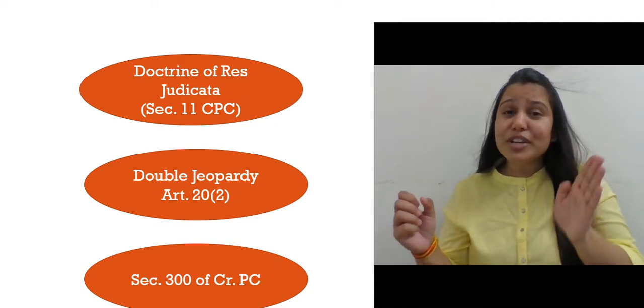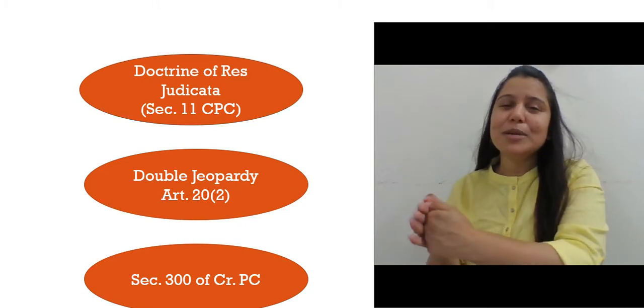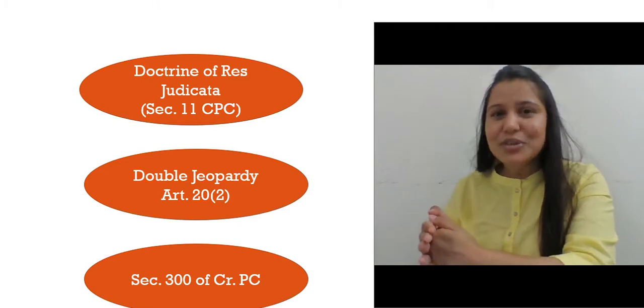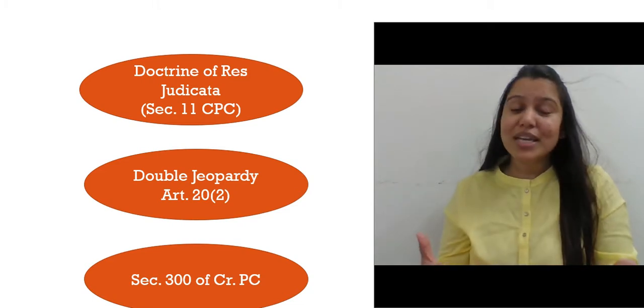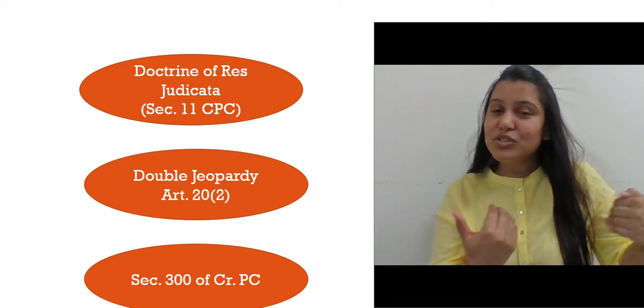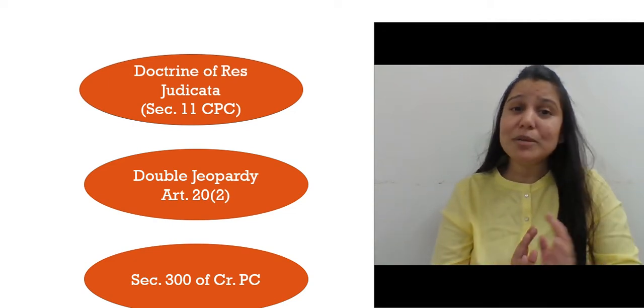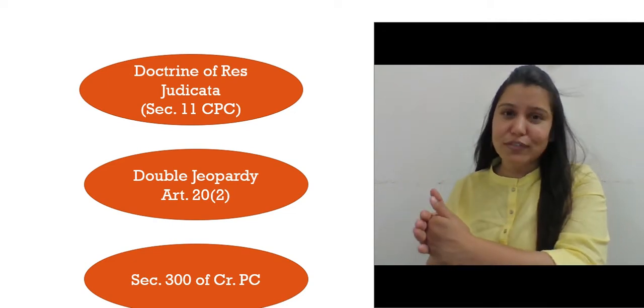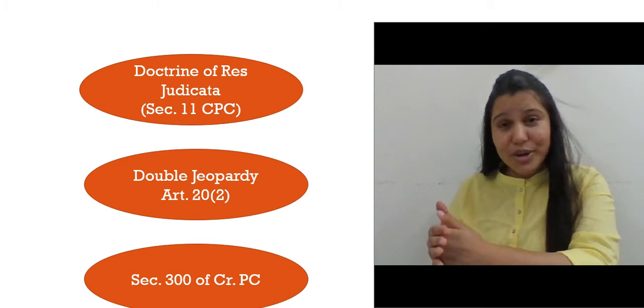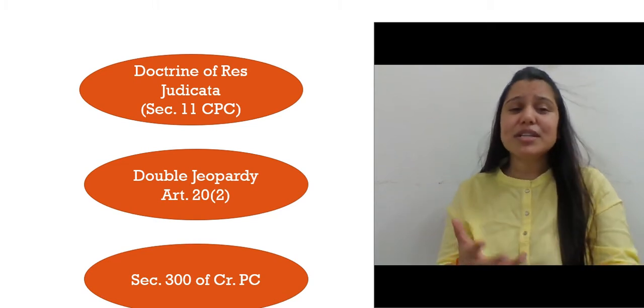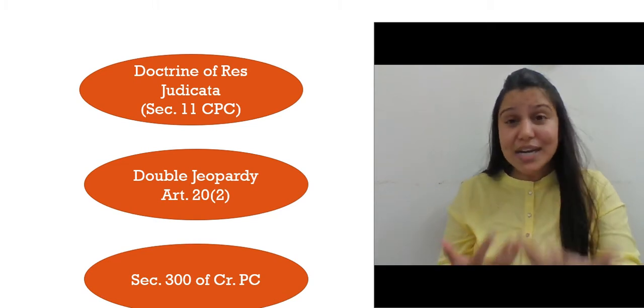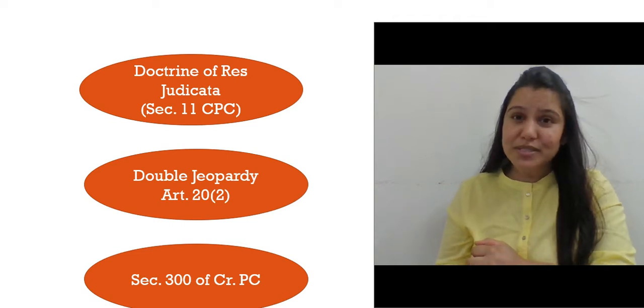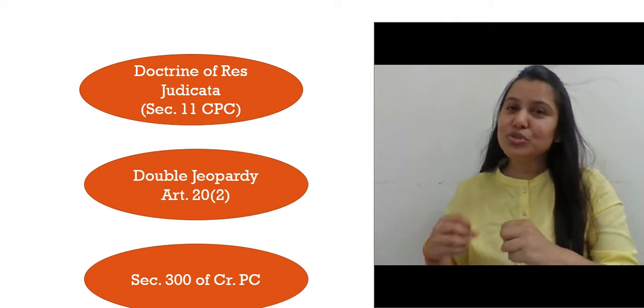So the doctrine of res judicata stops the present court from taking cognizance of the same case where the judgment, decree or order has already been pronounced. So it stops the trial of that very case. Right? The same principle is discussed under Article 20, Clause 2 and Section 300 of CrPC, which says that one should not be prosecuted